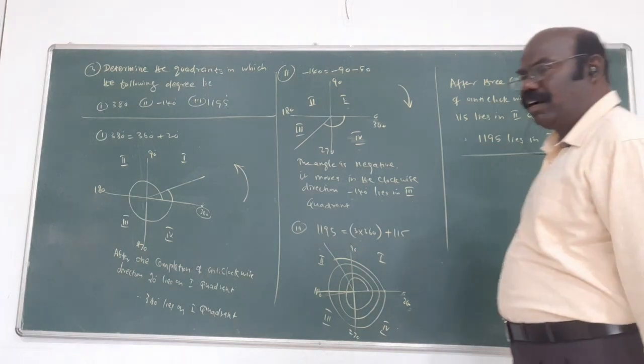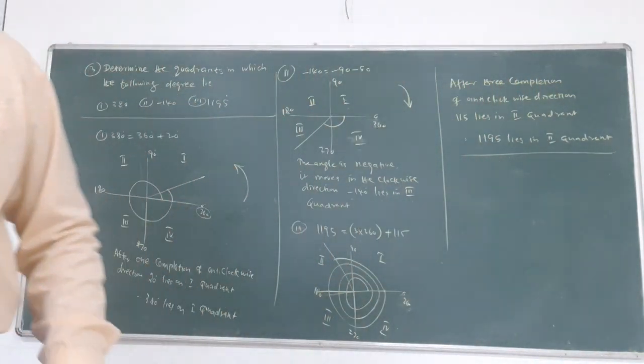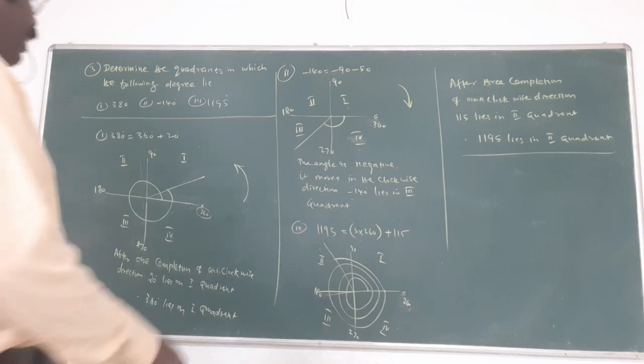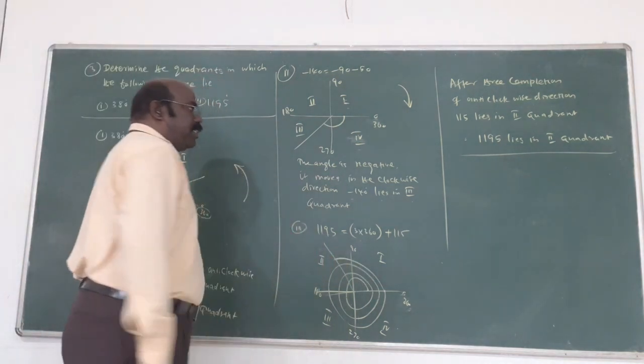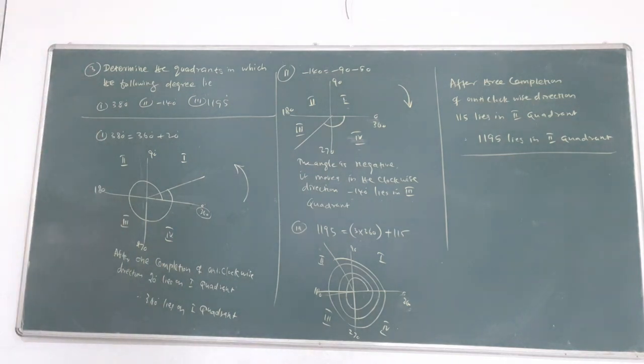If more than 360 comes in, you will convert it below 360. That's important. One completion, 2 completion, 3 completion, that is not a matter. The final angle is involved in which quadrant? That is the answer. 115 degree is involved in the second quadrant. That is the answer. 2 mark, 3 mark question. Very simple concept. You have to guess which interval, which quadrant the angle lies in.